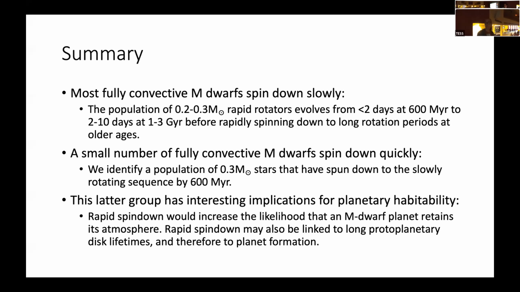Yes, so I didn't really talk about the survey design here, but I mentioned that we use TESS and we use MEarth. So for the TESS sample, we look for widely separated pairs that are more separated than 100 arcseconds, so not ones that are blended in the TESS photometry. With MEarth, which is able to resolve closer sources, we do get some closer pairs as well, but these are all widely separated, not close binaries.